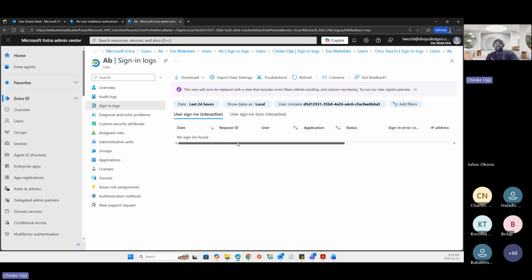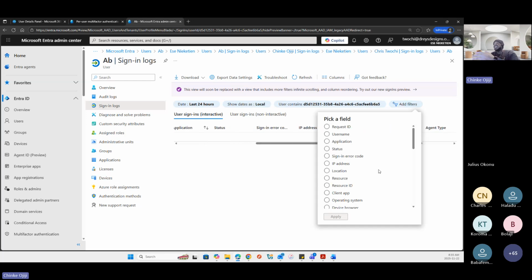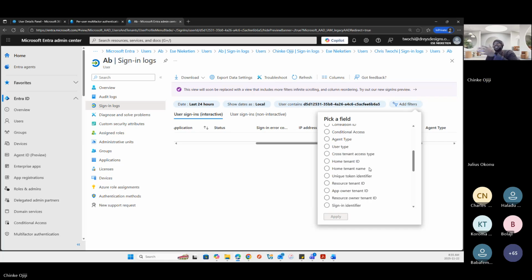So you are using not just location, you are using a combination of all the information you can find here that can help you narrow down and confirm that this user is the right user that is supposed to be accessing this resource.